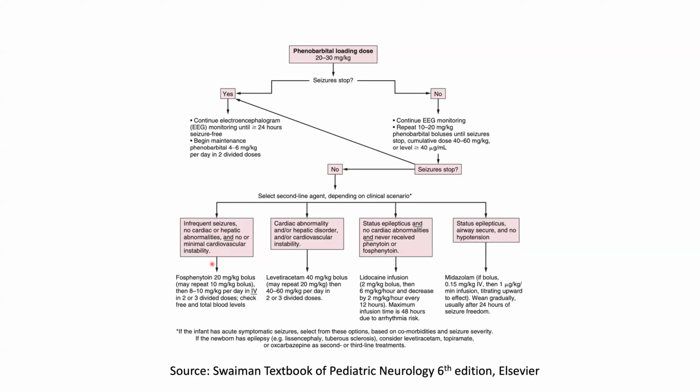So if the child does not have any cardiac or hepatic abnormalities and the cardiovascular status is stable, then you choose phenytoin or fosphenytoin. When the child has a cardiac abnormality or a hepatic abnormality or has hemodynamic instability, then go for levetiracetam. If the child has status epilepticus, provided the child has no cardiac abnormalities and has not received phenytoin, because a child who you're planning to initiate lidocaine, the child has already received phenytoin, it increases the threshold for a cardiac arrhythmia. So you generally, in such children, when these things are not there, then you go for